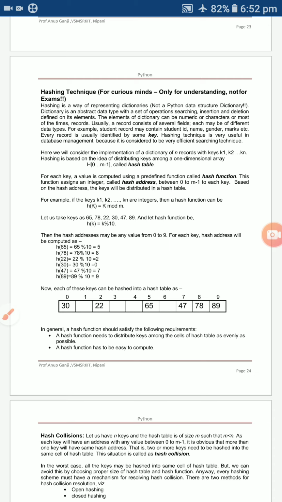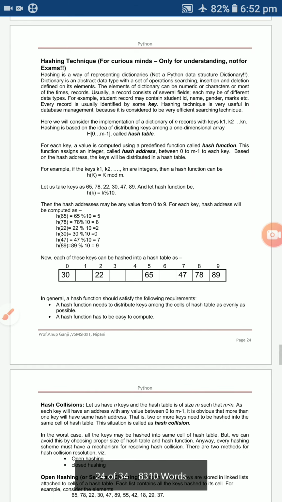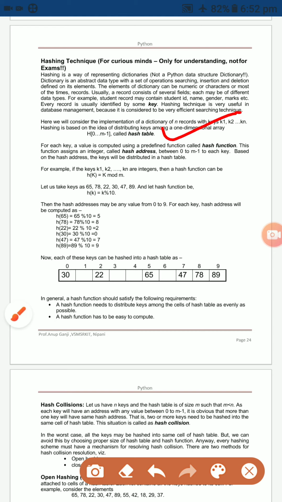It will be identifying. For example, in most cases, the records are nothing but your databases. For example, a student database having student name, USN, gender, and marks, nothing but internal as well as external marks, will be displayed. And this hashing is most helpful for database management systems. And how to represent the hash? With the help of a hash table, this one.